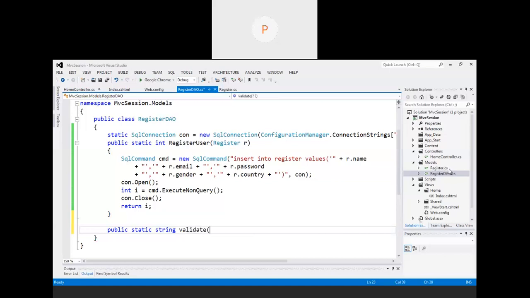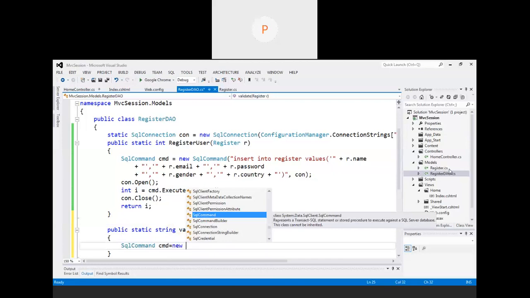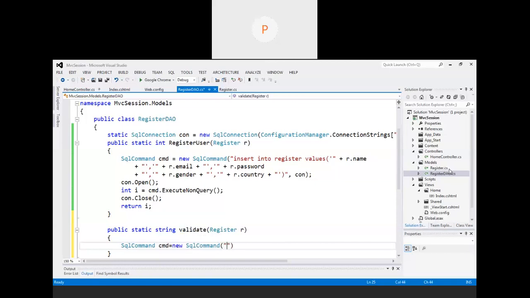Again, you need to take the object of which class? Register. Here also we have to specify the command. Now this code will be repeated. This will remain the same as we have seen in Windows applications and ASP.NET applications. The same thing we have to learn over here. Only the way of writing, or you can say the position, will change, because here we have three different components: controller, model, and views, and on the basis of that you have to write this code. Select star from register,